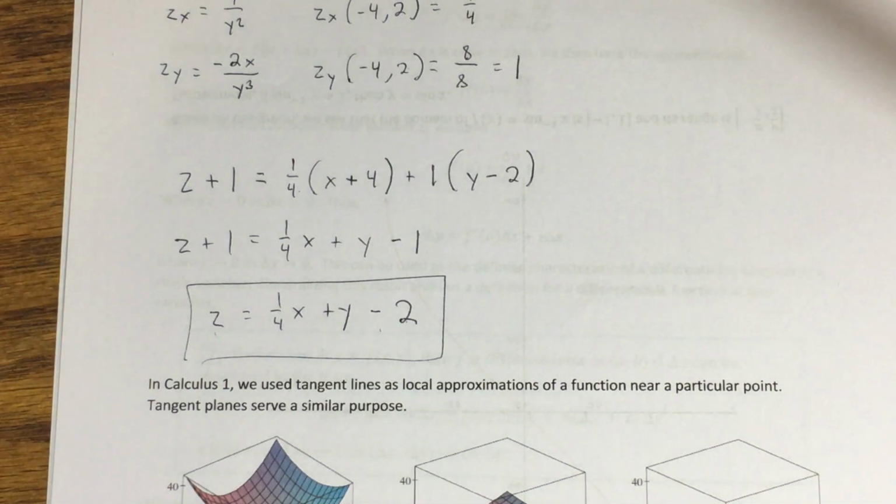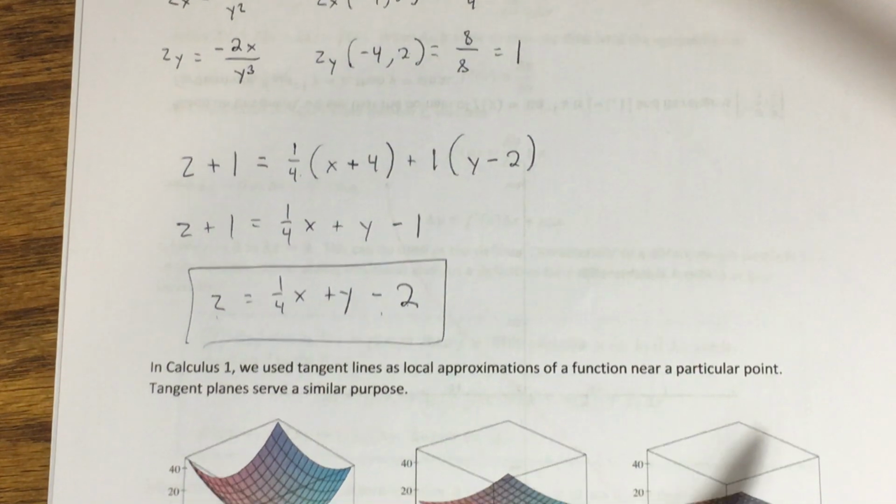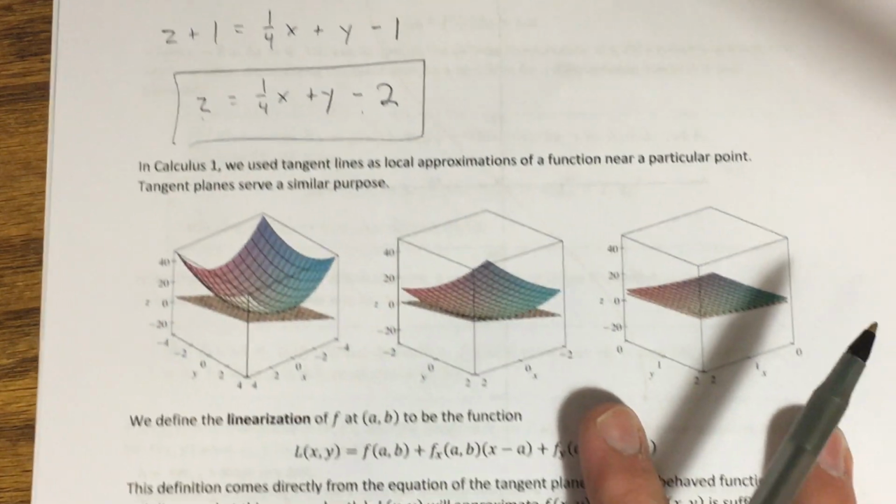All right, so that's an example of finding a tangent plane. But what do we use tangent planes for? Well, I talked about this a little bit at the beginning of this video. They are used for a similar purpose as tangent lines in Calculus 1, namely for the purpose of approximation. So to give you a sense of why we would use it for that purpose, consider